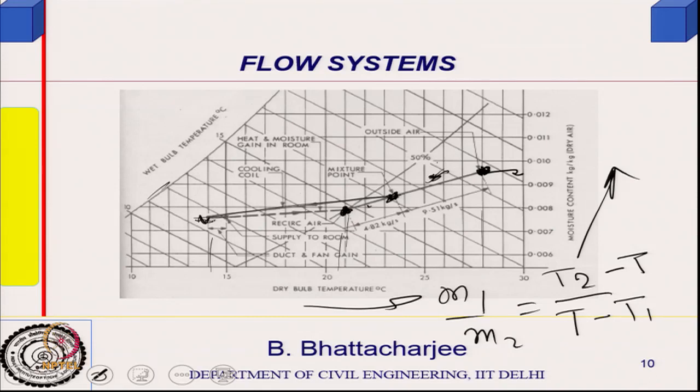So it will have two components. The horizontal component will talk about the sensible delta T changes, and correspondingly there will be some sensible heat gain. There is a vertical absorption of moisture, so there will be some latent heat gain as well. So that is the process actually. Supply air is somewhere there. There will be some losses in the duct that you might have to take care of, so the supply air temperature may be still lower because you take care of the losses in the duct.